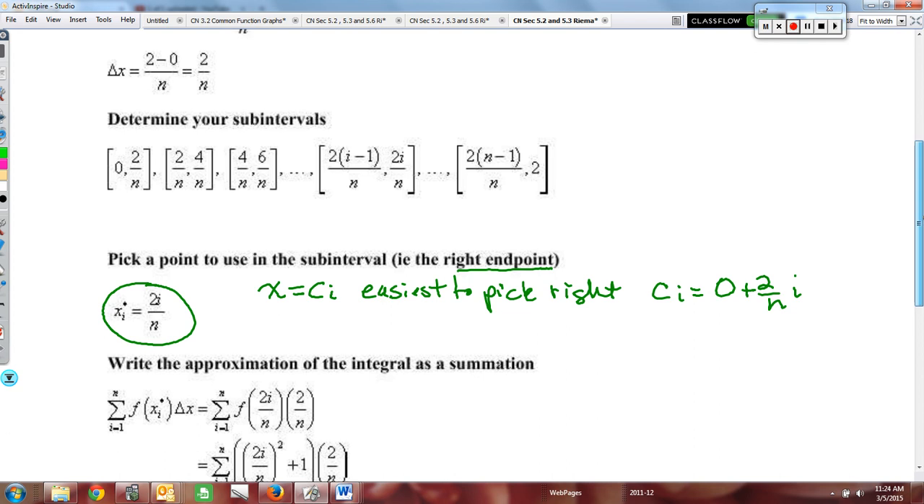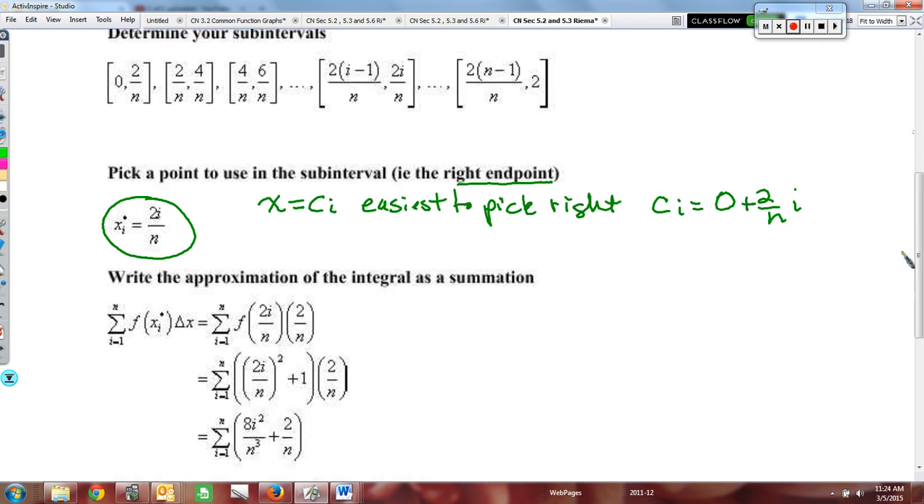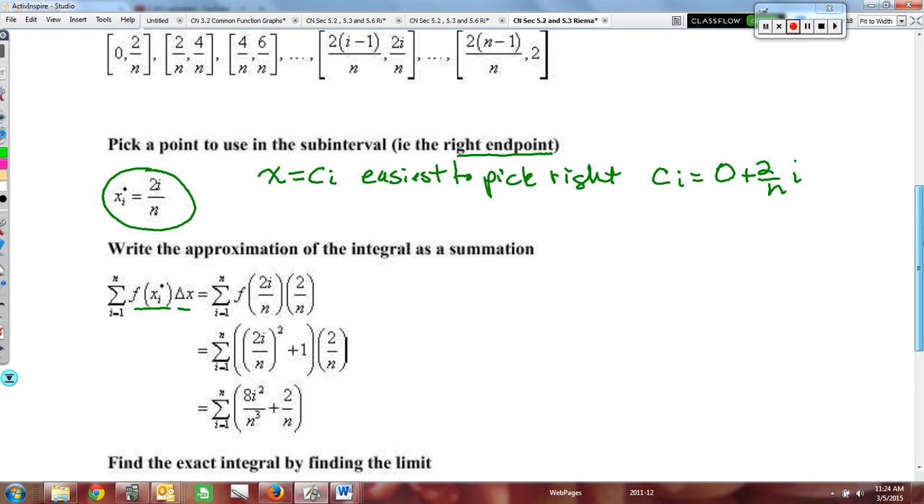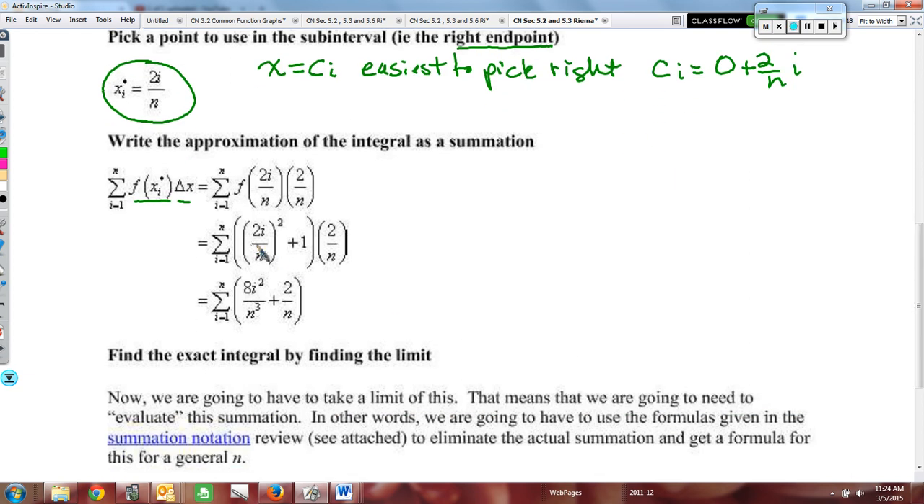Then we're going to write the area as the sum of the rectangles. So we take our height times our width and we add them up. We're doing f of 2i over n, that's your c sub i, times your width, and then I plug it into my formula, so that gets to here. Now remember those skills that we learned, that we can now expand this out, and now I want to find the exact area